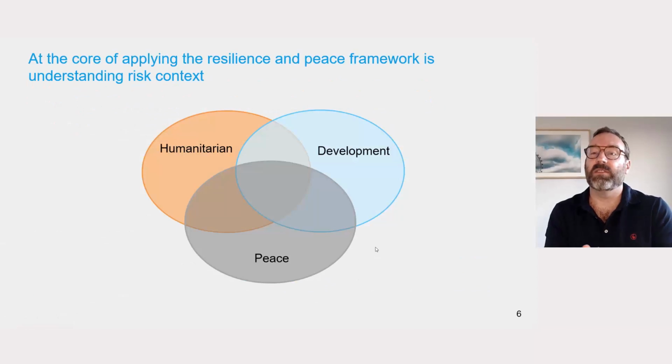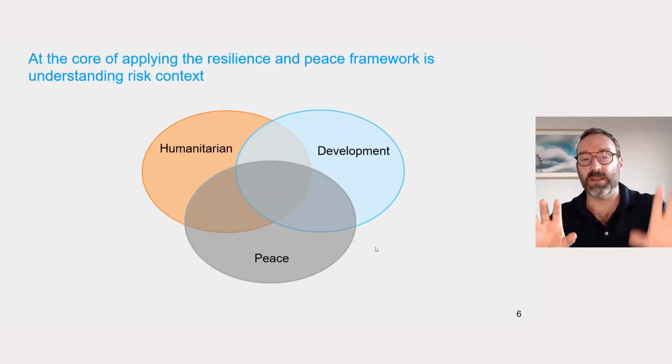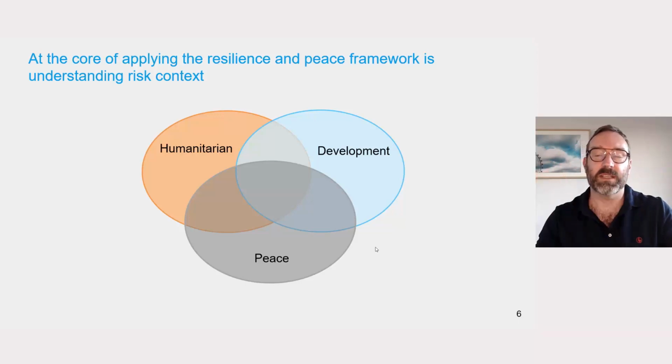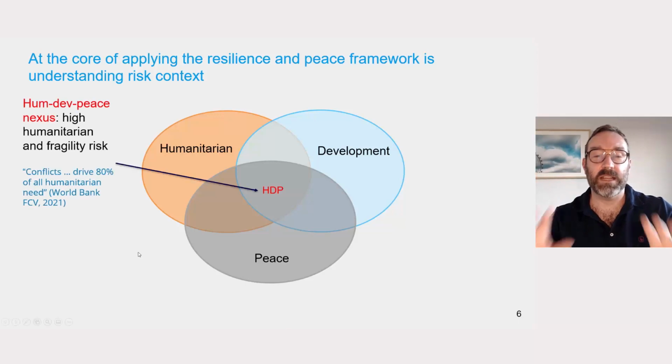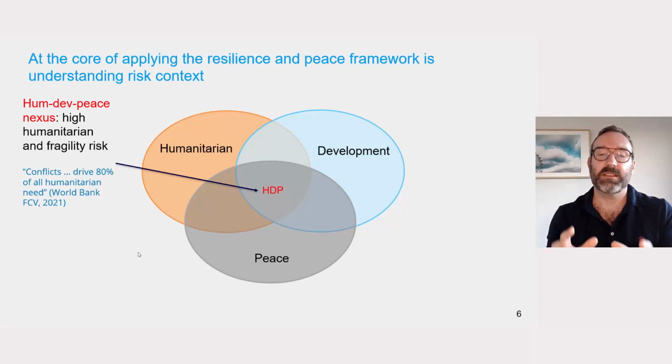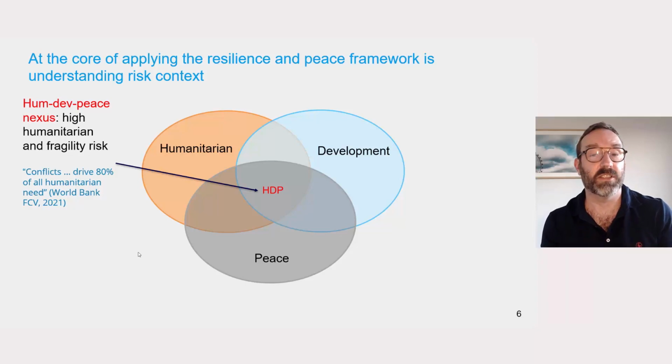At the core of applying the Resilience and Peace framework is understanding the risk context in which you're working. Here we have the three spheres of humanitarian, development and peace. This is where actors and programming all come together. And in the middle, we have the humanitarian, development and peace nexus. This is particularly relevant in contexts where there is a high humanitarian and a high fragility risk. Fragility can be seen as poor governance, instability, and the inability of a government to provide its basic services, such as water and